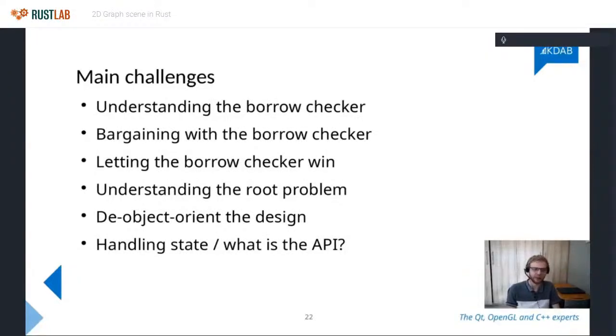But it wouldn't budge. So then the third thing I had to do was to just let the borrow checker win, take a step back, break up my code into separate sections. Basically just let the borrow checker win. Realize that there's a reason why it's complaining. My architecture is probably just wrong, and yeah, I needed to rework things.